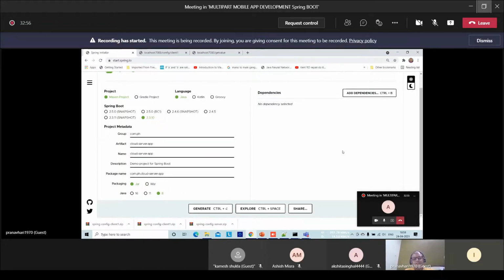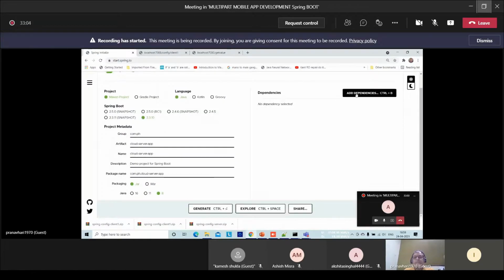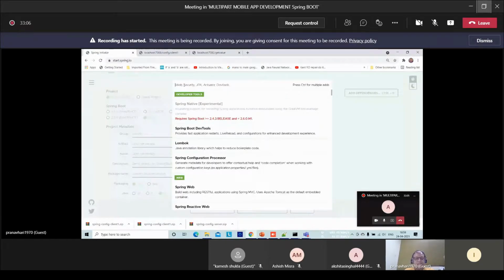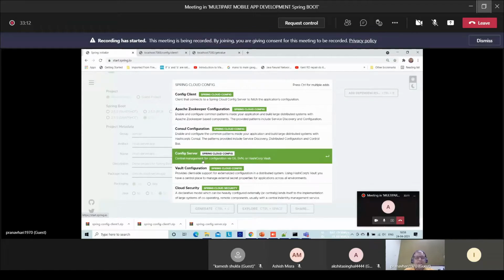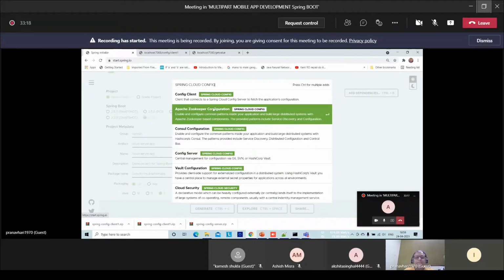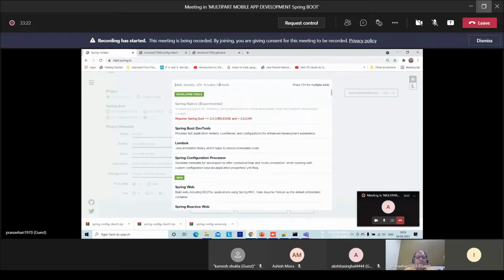And which dependencies are needed? Spring Cloud config. Let's add the dependencies: Spring Cloud config client, and Spring Cloud config. Let me say cloud server.